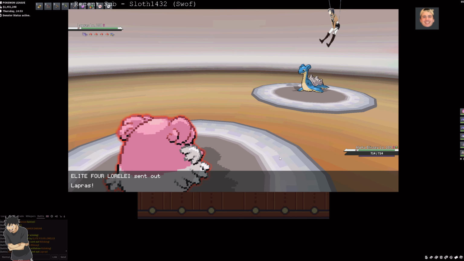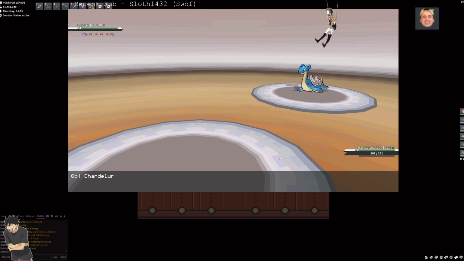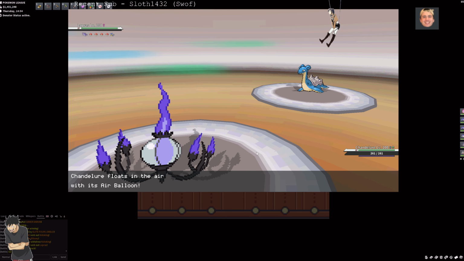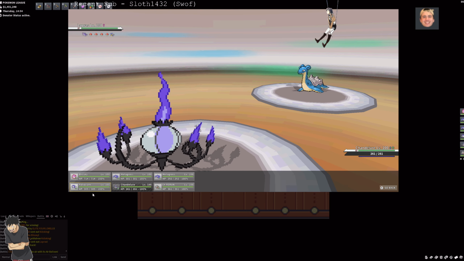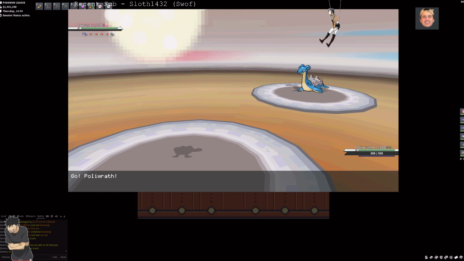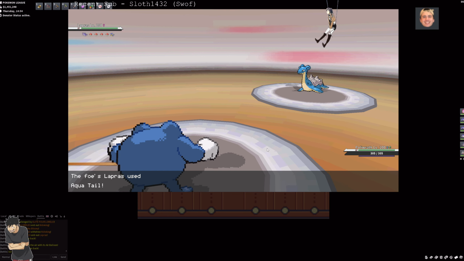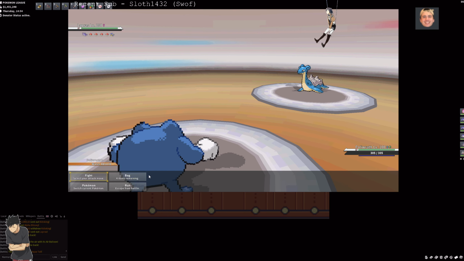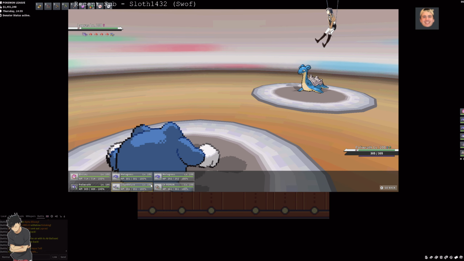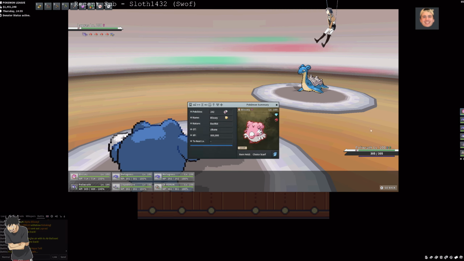They put in Lapras. I think Lapras knows Close Combat. So I'm gonna probably get hit with a Surf here, if I had to guess. Or Hydro Pump. So I'm gonna swap out to Poliwrath. Let's see what we got here, because my Poliwrath knows Absorb, has Water Absorb. So it's gonna be Aqua Tail. Okay, so now it's maybe gonna do a Thunderbolt. So let's go ahead and go with my